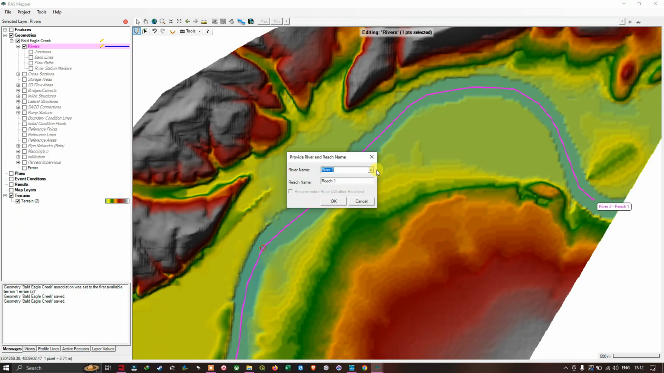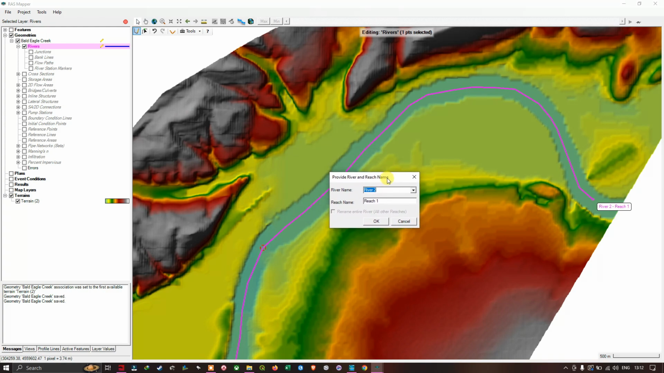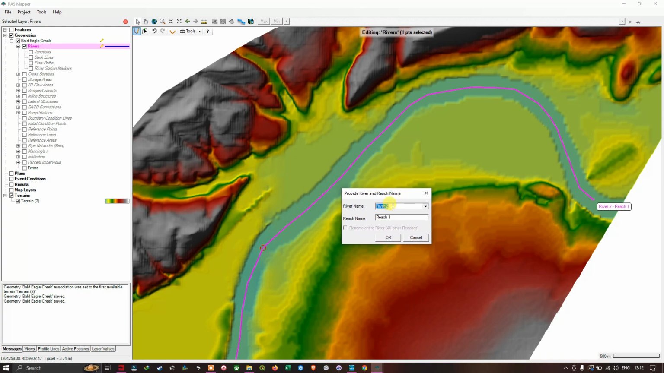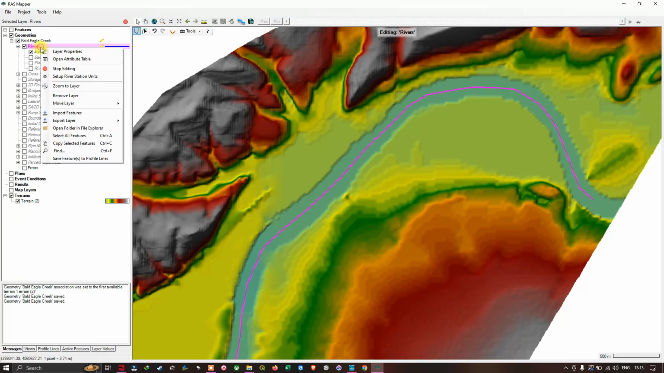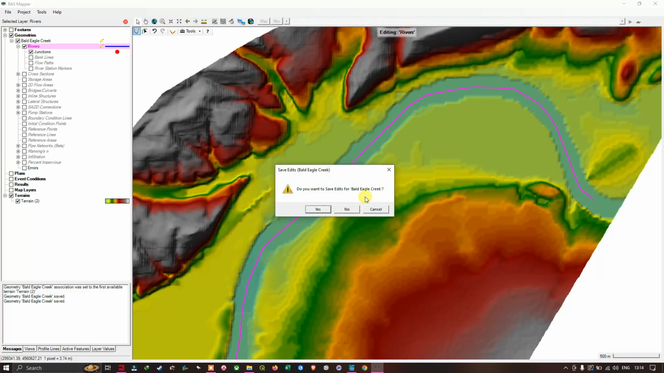And we have to provide the river and reach name. So the river is Bald Eagle, and the reach name is Lower Reach. So I have given both the river name as well as the reach name. So we're gonna click OK. And let's now go ahead and save our edits. We're gonna navigate to the reverse here. I'm gonna right click and click this option called stop editing, and then I'm gonna click save to save our